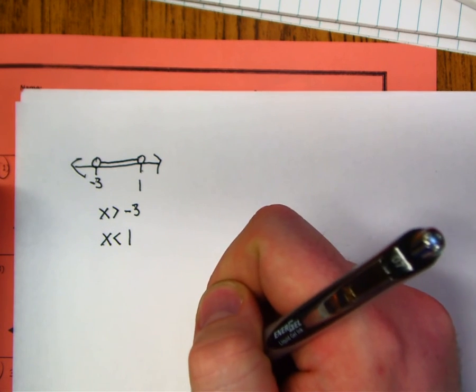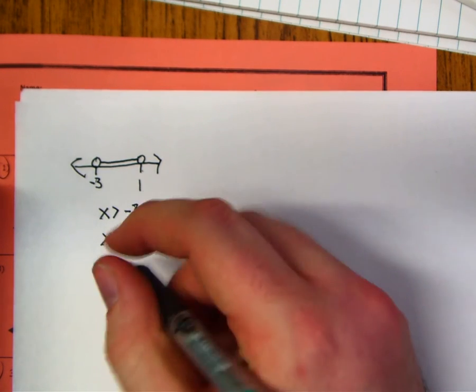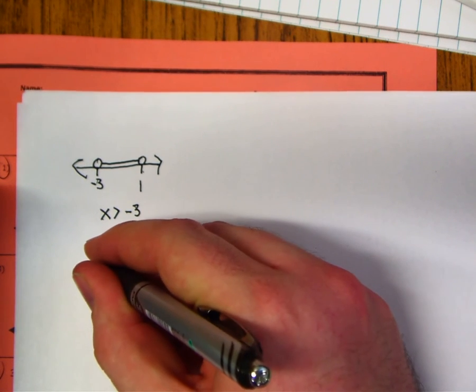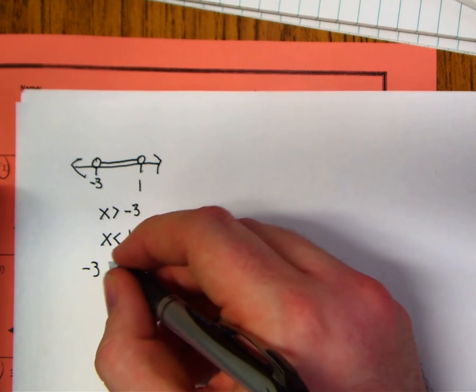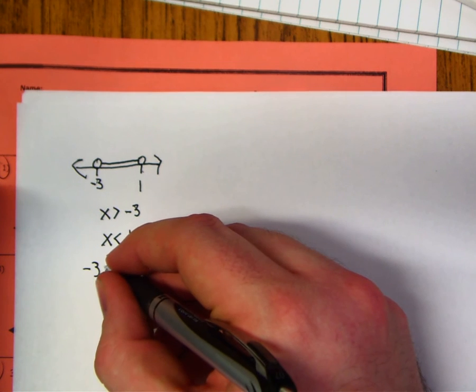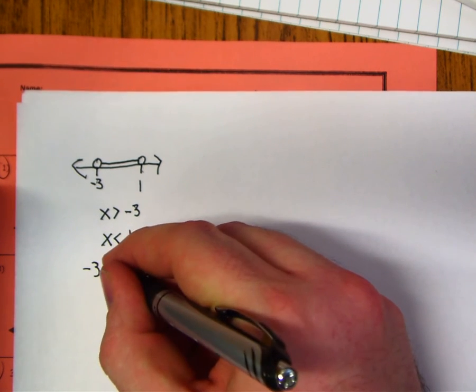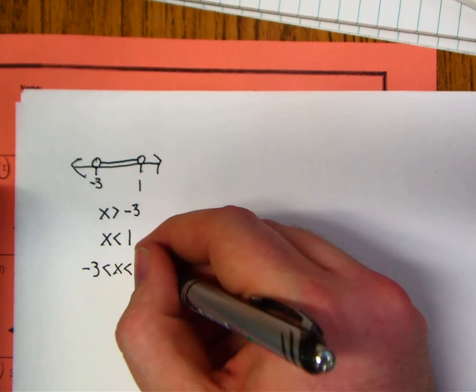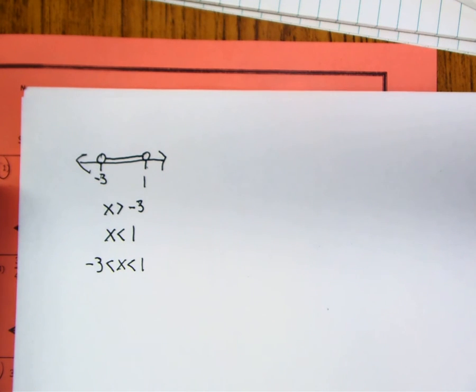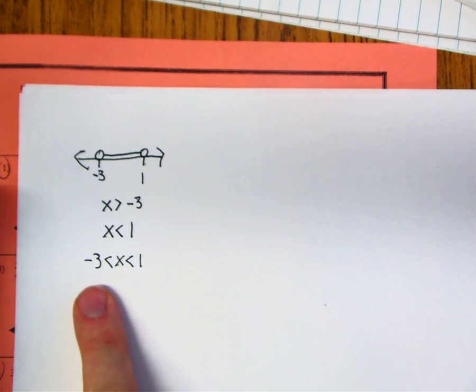Okay? So now let's practice writing that as an AND statement. One solid inequality. We get -3, and we'll say it is less than x, and then less than 1. Okay? So notice it's the numbers that x is bigger than -3,